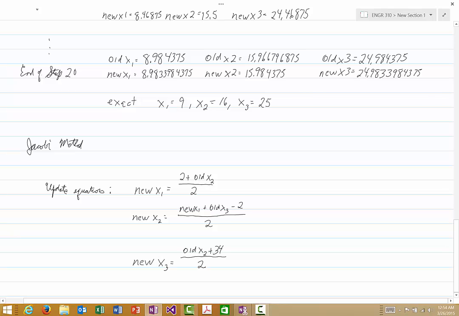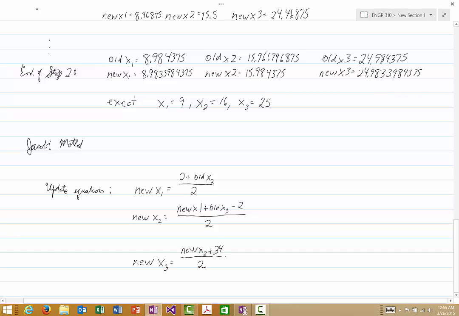So we'll have new x1 plus old x3. Let me make this a little clearer. So new x1 plus old x3 minus 2. Now, what about when we calculate new x3? Well, we've just updated our information for x2, and so again, the thinking is that presumably this new value for x2 is more accurate than the old value of x2, so instead of using old value x2 here, we will use new